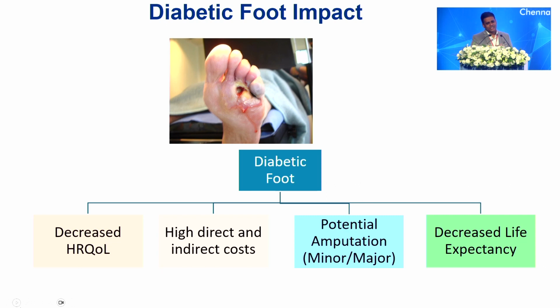It's decreasing the quality of life. We also know that quality of life is the fourth or fifth pillar of diabetes management. Diabetic foot, obviously psychologically and physiologically, compromises the quality of life of these patients. Again, high direct or indirect costs will be incurred. Direct costs will be hospital visits, surgery and antibiotics, so many things. Indirectly, the patients may lose their jobs, or their caretakers may lose their jobs because of frequent visits or increased hospitalizations. And a potential amputation risk, either minor or major, decreases life expectancy.